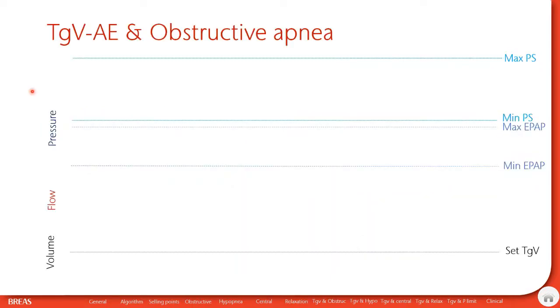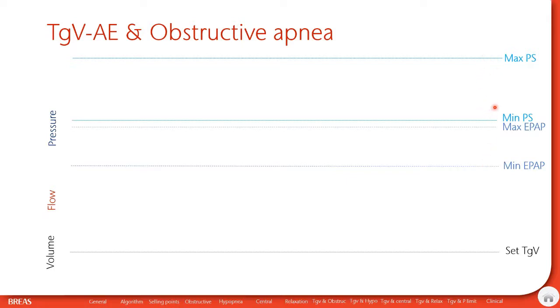Let's first of all look at what will happen during an obstructive apnea when a pressure mode is combined with target volume and Auto-EPAP. The graphs look a bit different now, as we will add the volume graph, which we need to understand how the algorithm works for target volume, the flow graph to detect the obstructive events or the upper airway events, and then we look at the different pressure graphs, the expiratory pressure and the inspiratory pressure,